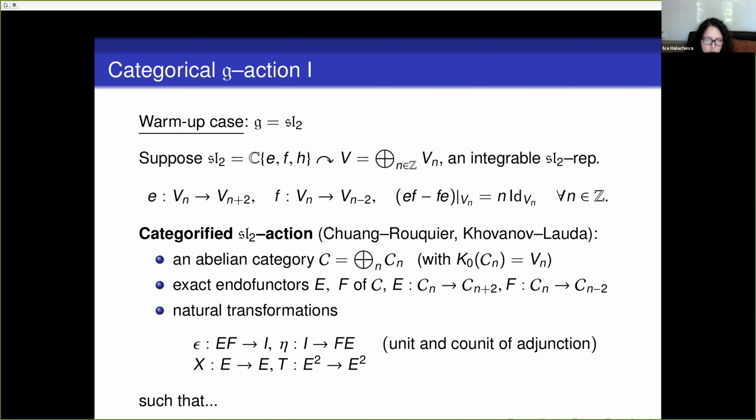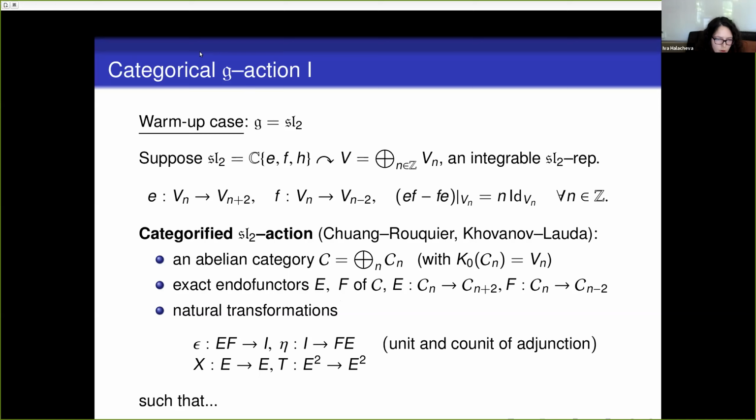So to make it a strong one, we're interested in also understanding precisely how to categorify this relation between E and F. And so for that, we'll need several natural transformations. So we'll take epsilon and eta to be the unit and co-unit of an adjunction. So we want our functors to be adjoint to each other. And we'll also consider certain natural transformations on E and E squared, which will help us to